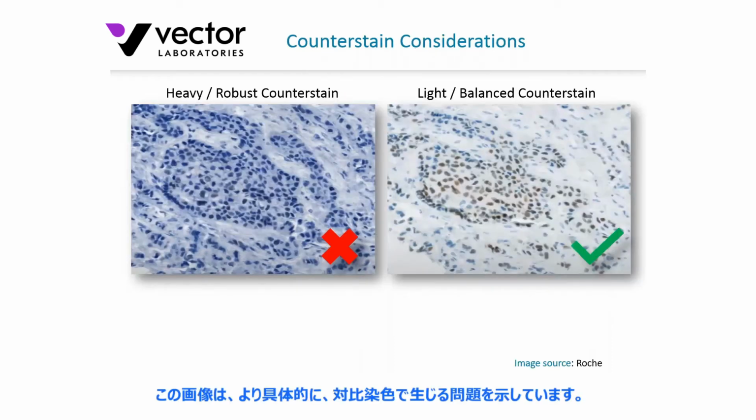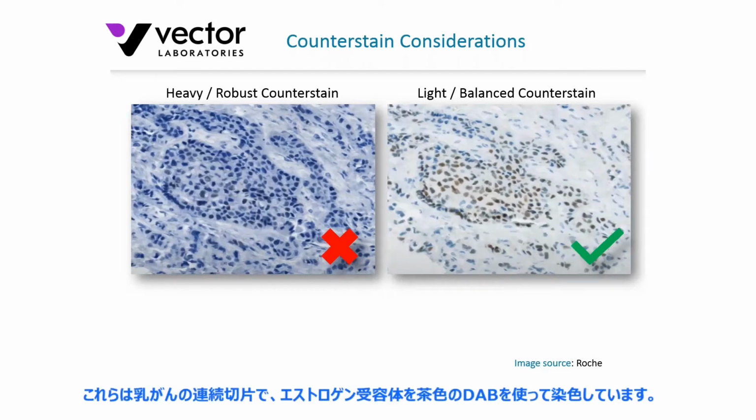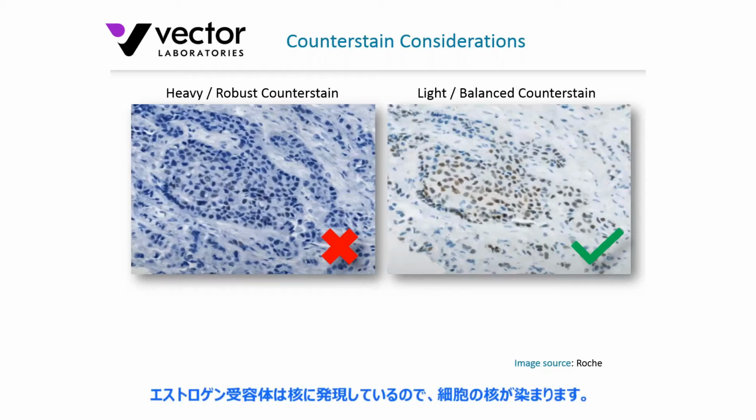Okay, this gets us into what I see as a key issue that some investigators encounter when applying a counterstain. Now, what I've got here are two sections that just happen to be serial sections of breast carcinoma that have been stained using immunohistochemistry for estrogen receptor using brown DAB. Now, estrogen receptor is a nuclear expressed antigen, and so it does deposit in the nucleus of cells, and certainly hematoxylin also is a nuclear counterstain. So what we do see quite often, or what we encounter from investigators, is a scenario such as the one shown here,